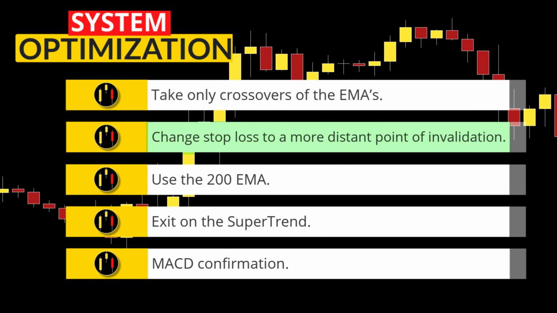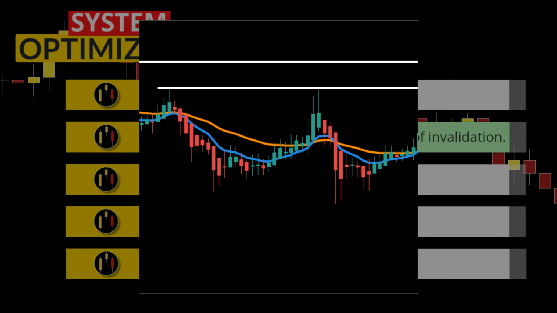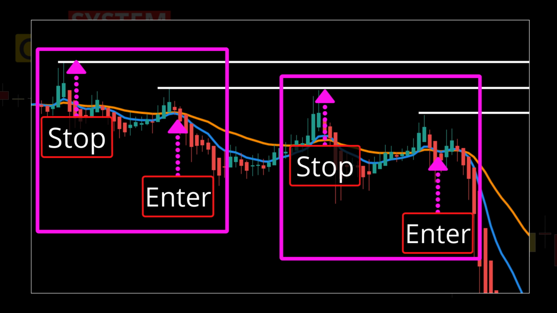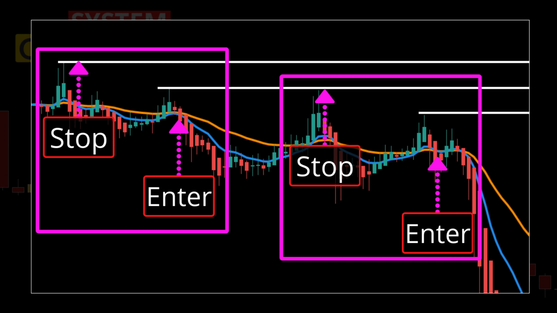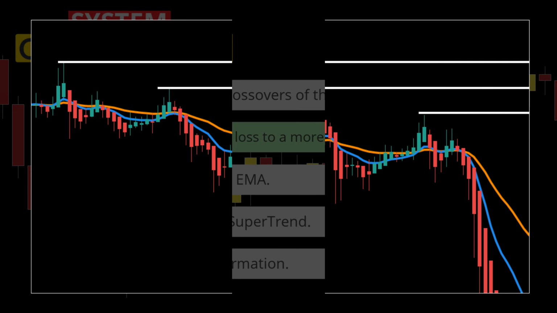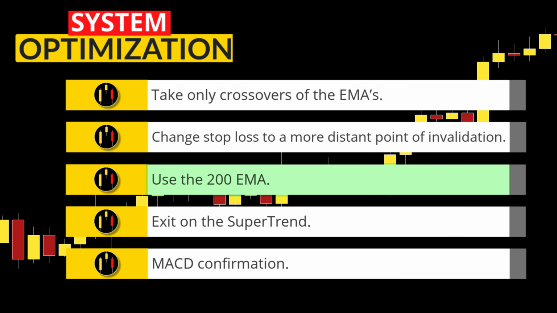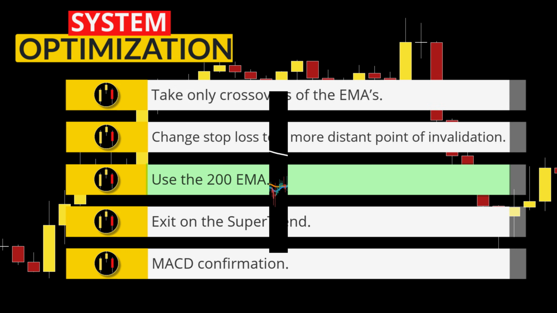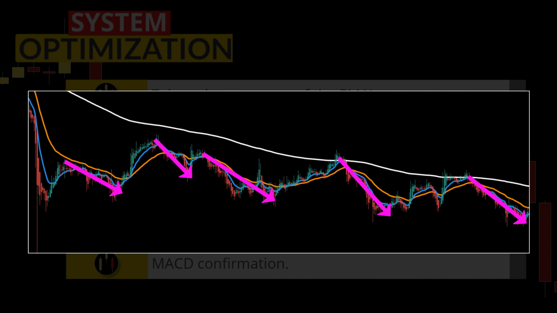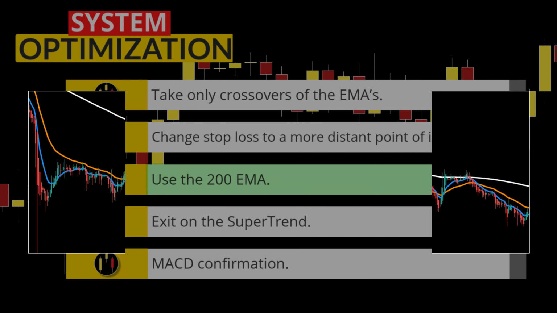Additionally, you can change your stop loss level to a more distant point of invalidation. One of the advantages of the Heikin-Ashi chart is the clarity it gives you in regards to important price levels. Making your stops further away and using a stop loss mitigation method can really increase your win rate if that is an important factor to you. Third, like in many systems I have tested, you can add on the 200 EMA for an additional trend confirmation, only taking trades when the 3 EMAs are stacked up in the direction of your trade.